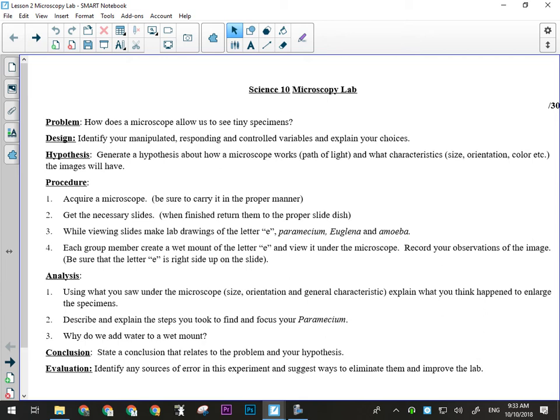The specimens we'll be looking at are the letter E, an amoeba, a paramecium, and the euglena. So we'll be getting progressively smaller with each specimen. Okay, so the responding variable then is going to be